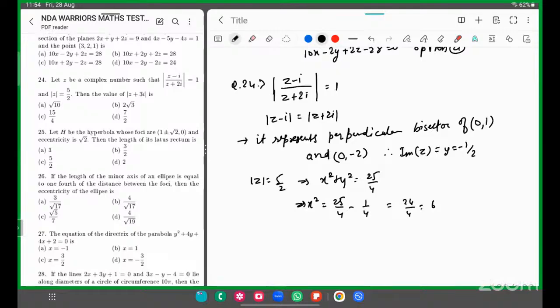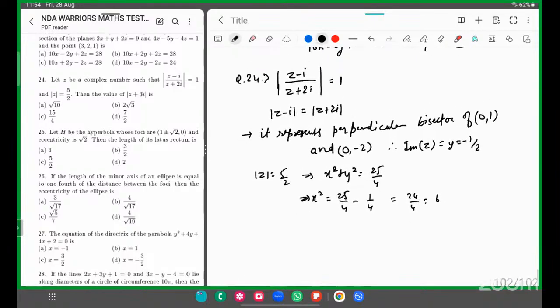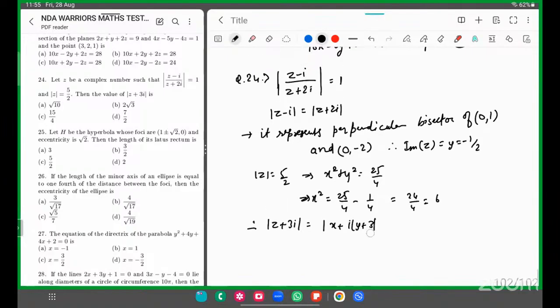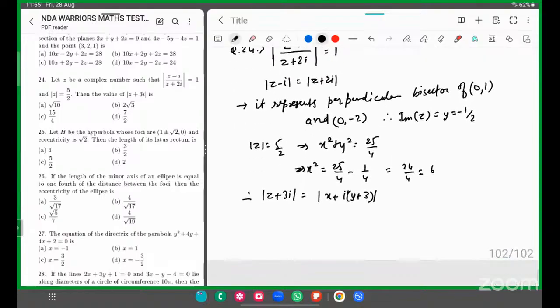X square is 6. Therefore, they are asking about mod of z plus 3 iota. That means mod of x plus iota y plus 3 iota, they are asking, which can be written as